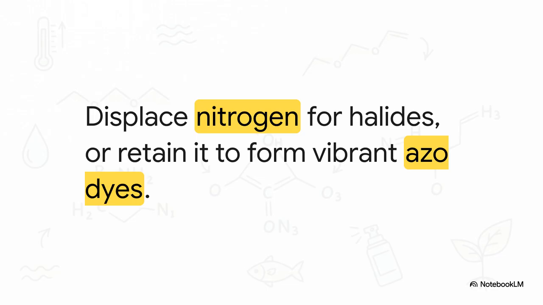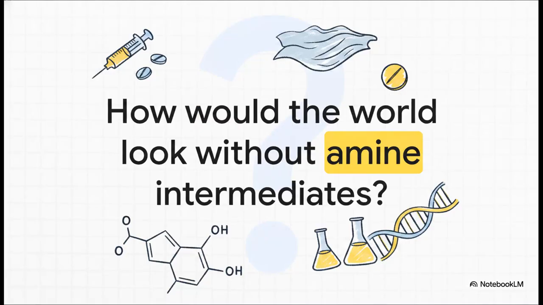By keeping the diazo group intact and linking up with phenols or other arylamines, they form azo compounds. And these azo compounds, they are the literal foundation of the vibrant, colorful azo dyes used globally in the textile industry. This is the chemistry coloring the clothes you're wearing right now. Which brings us to our final thought for today. Since the chief commercial use of amines is serving as these vital intermediates in the synthesis of medicines and fibers,